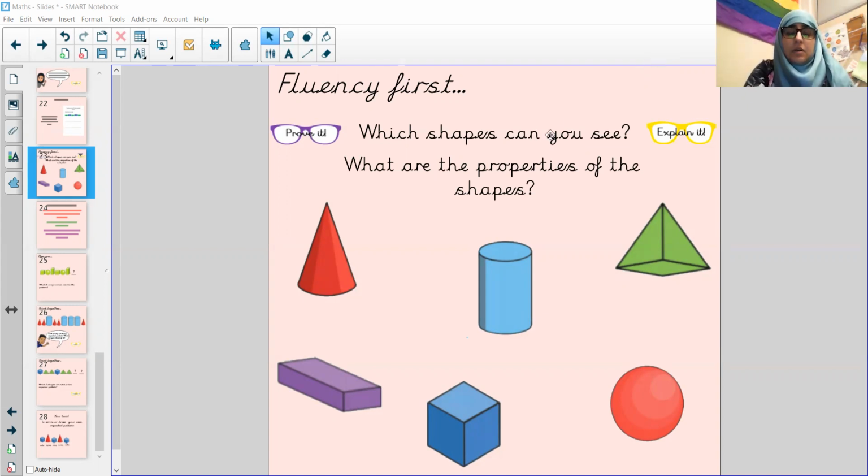Right, okay, this is a cone. I know it is a cone. I am going to prove this. I am going to know this is a cone because it has one edge, and it has one flat face that is facing at the bottom. Cuboid, a cube, cylinder, a pyramid, and a sphere. All of them have different properties that we looked at on, I want to say, Wednesday. So